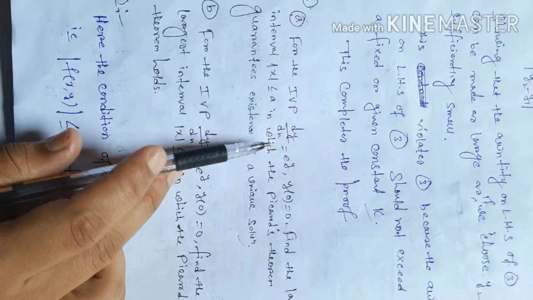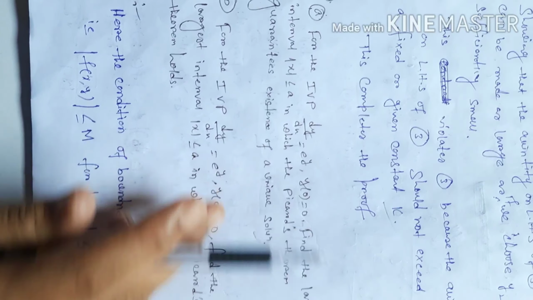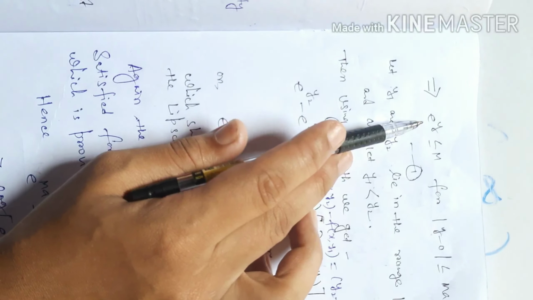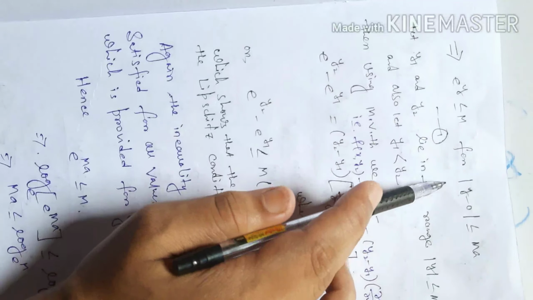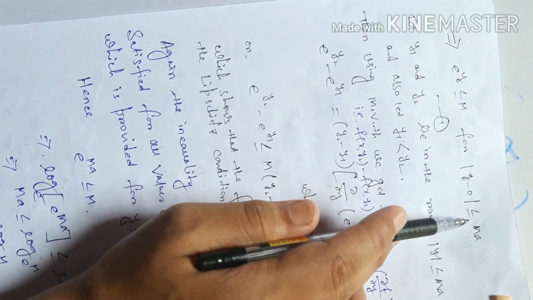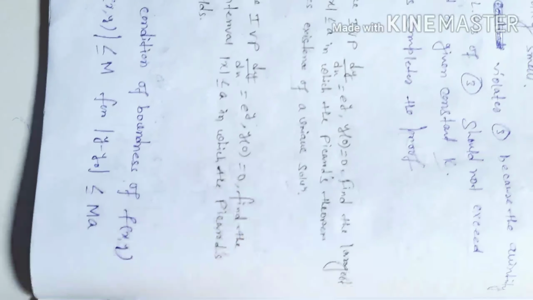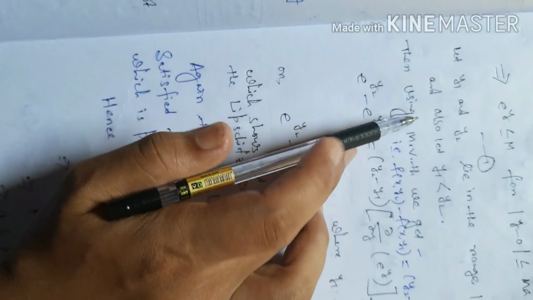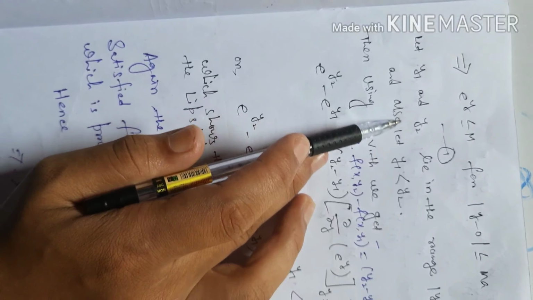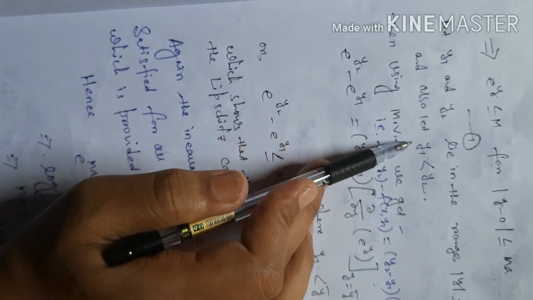Since f(x, y) = dy/dx = e^y, this implies that e^y ≤ M. With these conditions, for |y − 0| ≤ M·a. Here y0 = 0 by the given condition. Now let y1 and y2 lie in the range |y| ≤ Ma, and also let y1